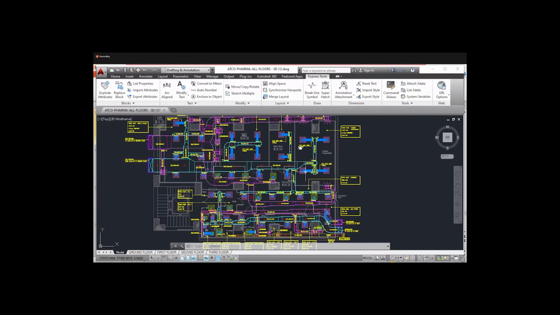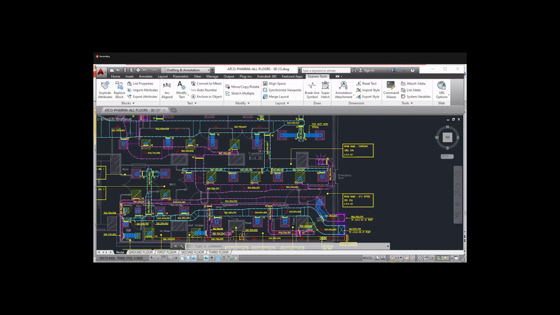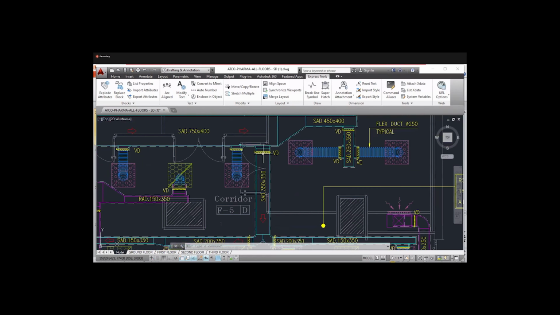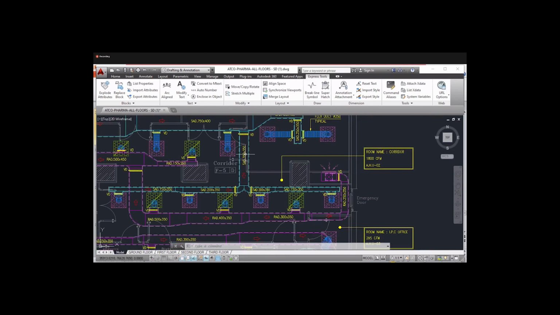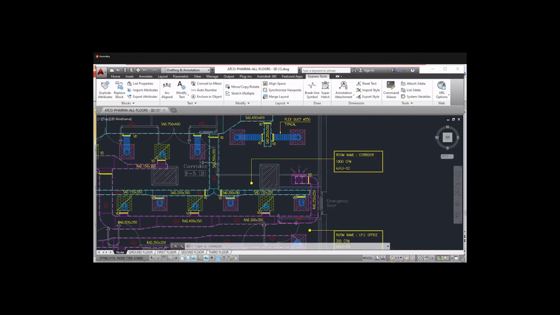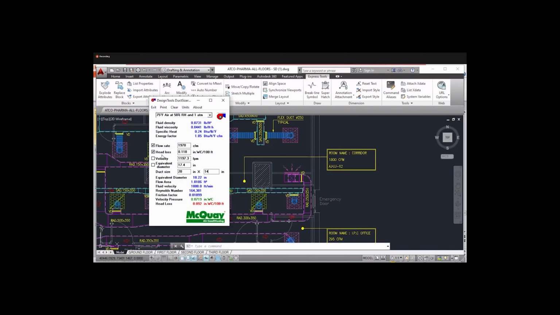So the next, this is the next branch. Okay, so what is the room here? How much CFM? 1800 CFM. Okay, so let's see. 1800 CFM, the velocity is 1000.